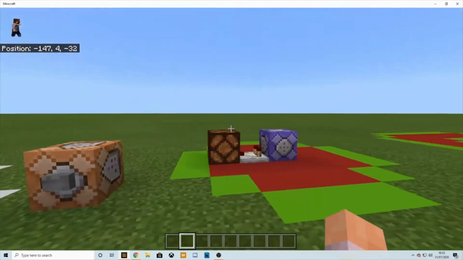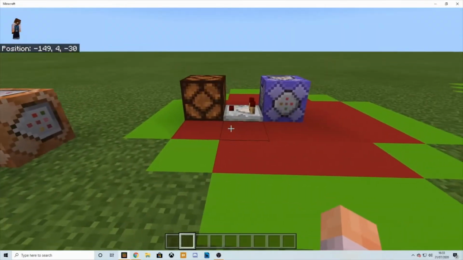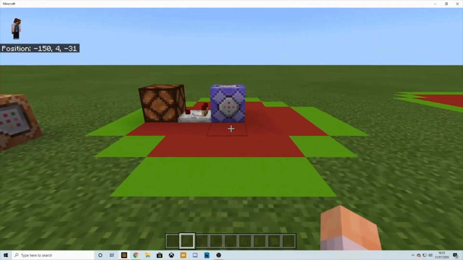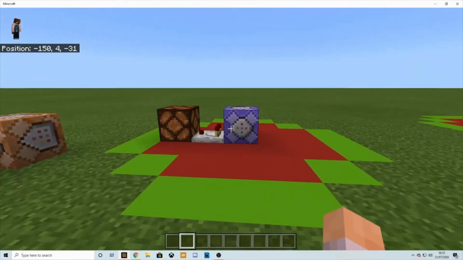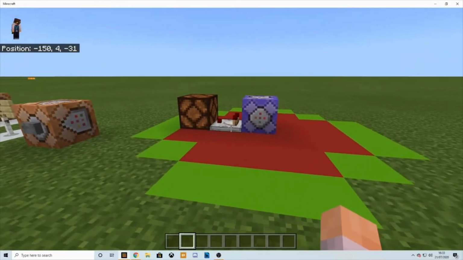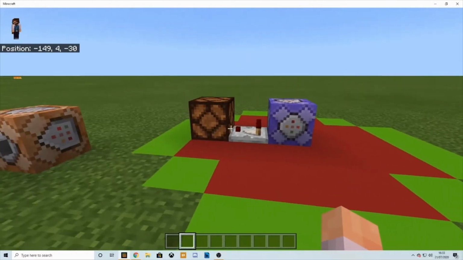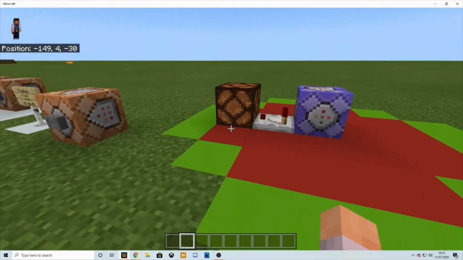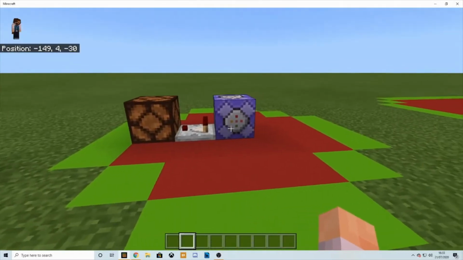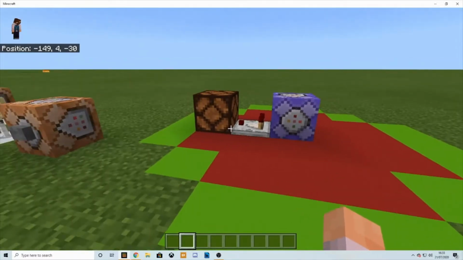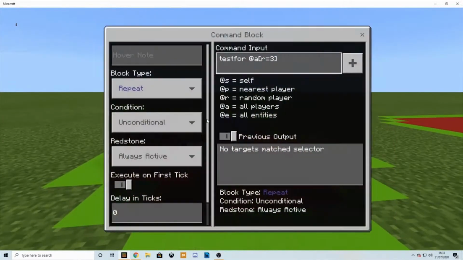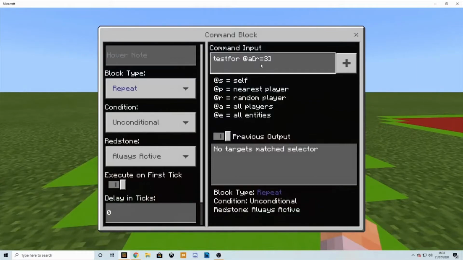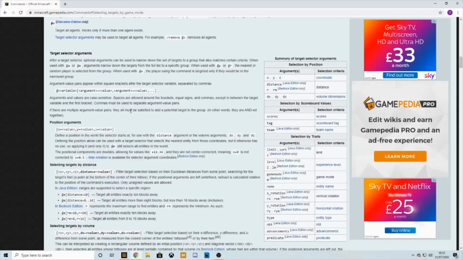So if I turn command output off so you don't spam the chat, what I haven't mentioned yet is you can take a comparator output out of a command block to power any redstone mechanism. So this is what I'm doing so we know that this is working. So I've got this testfor @a within a radius of 3. So if we check the radius,